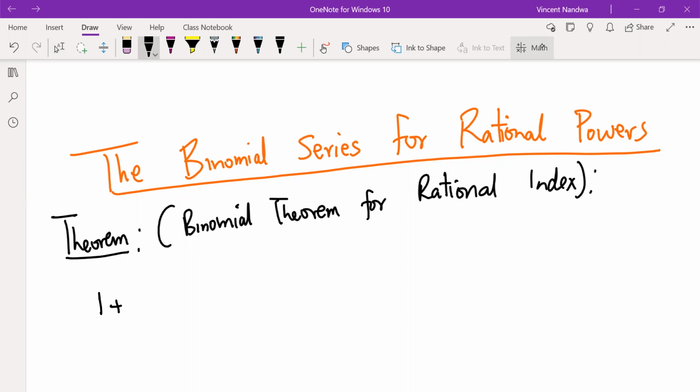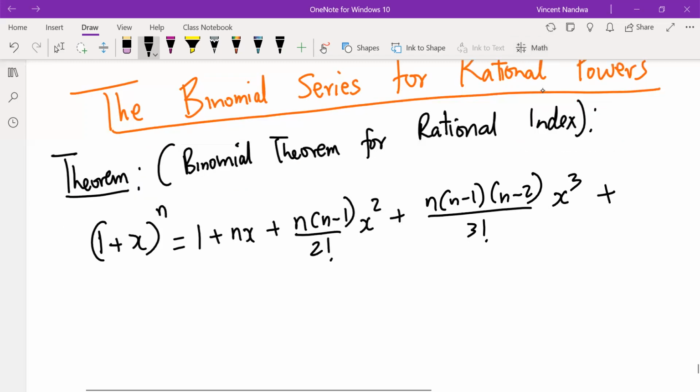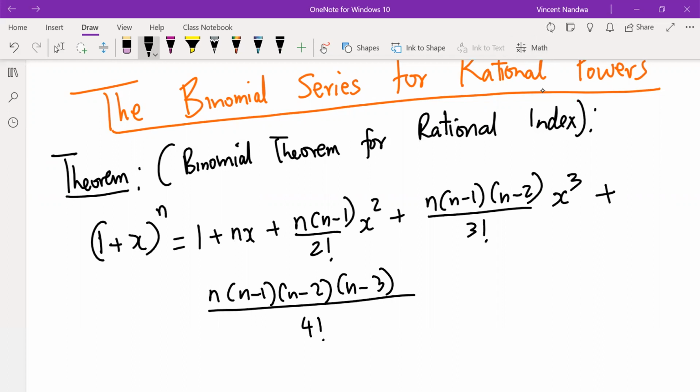1 plus x power n will be given by 1 plus nx plus n into n minus 1 over 2 factorial x squared plus n into n minus 1, n minus 2 over 3 factorial x power 3 plus n into n minus 1, n minus 2, n minus 3 divided by 4 factorial x power 4 plus several other terms, provided